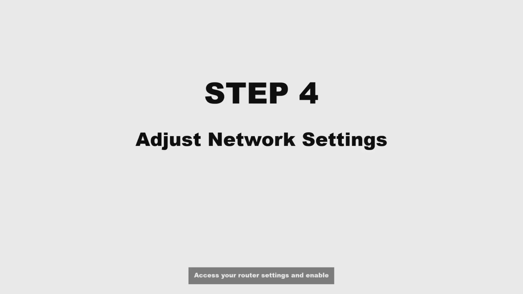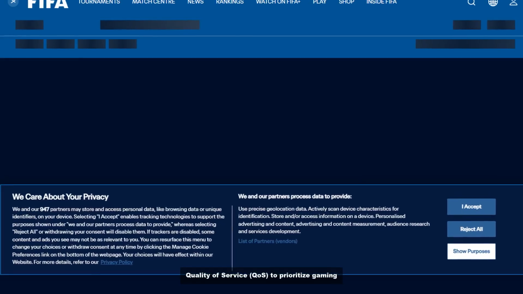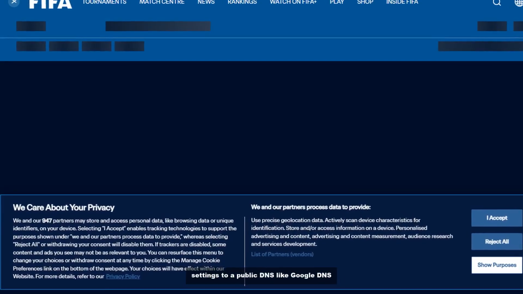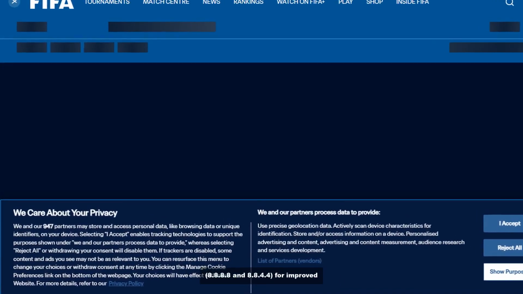Step 4. Adjust network settings. Access your router settings and enable quality of service (QoS) to prioritize gaming traffic. You can also try changing your DNS settings to public DNS like Google DNS, 8.8.8.8 and 8.8.4.4, for